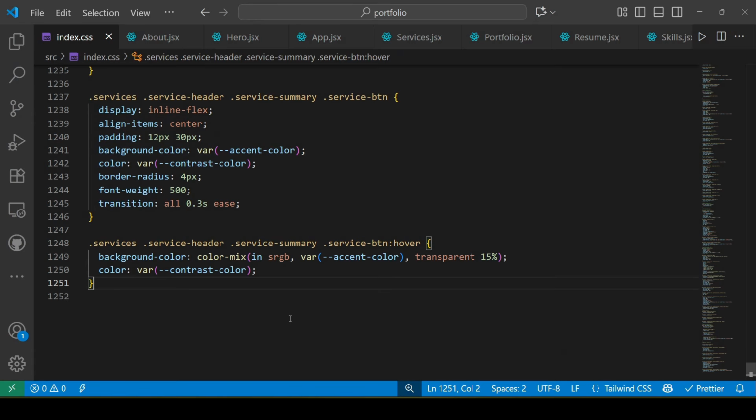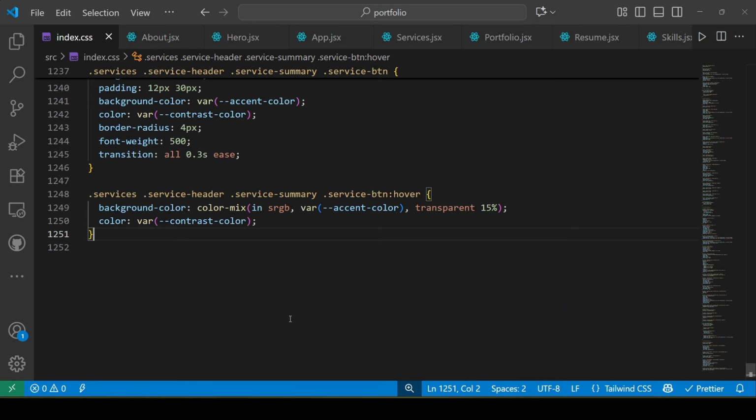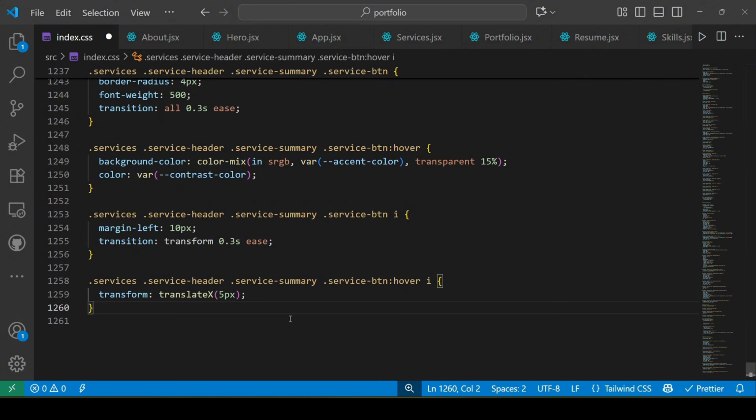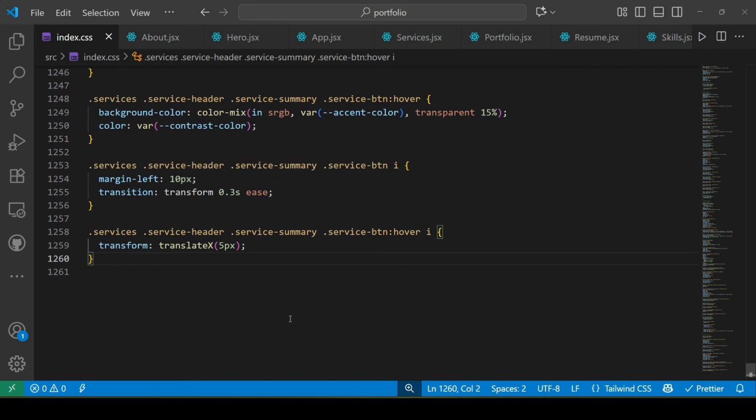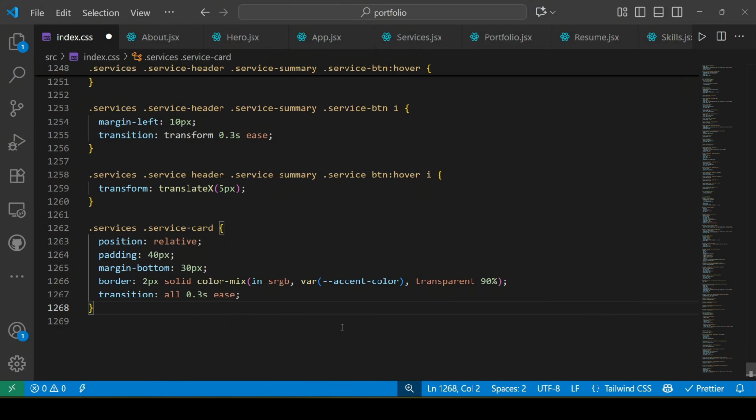theme. Then we style the icon inside the button to add a small space between it and the text, keeping the layout balanced. And when hovering over the button, the icon smoothly shifts to the right, creating a dynamic motion effect. Then we style each service card with some padding and space below it. And a light border with the accent color to keep it clean, and the smooth transition makes hover effects feel